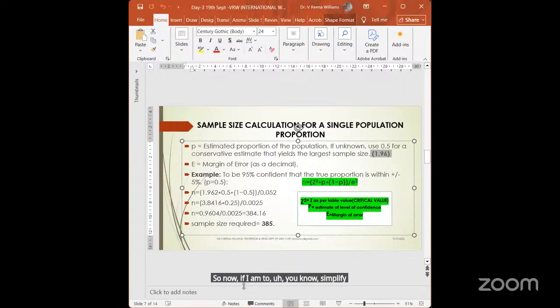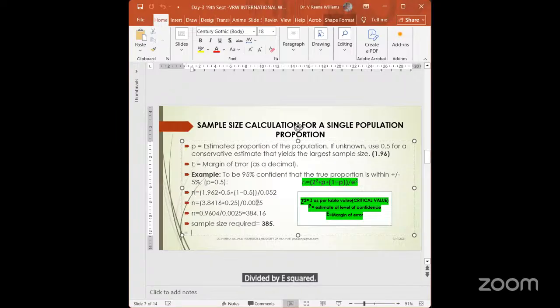So now if I am to simplify the equation, you can see here, I've highlighted it, Z square, and you can see the formula highlighted. It is 1.96 squared, that is the value of Z, into 0.5, whole, you open this bracket, 1 minus P. So what is P? That is the estimated proportion of the population, that is 1 minus 0.5, divided by E